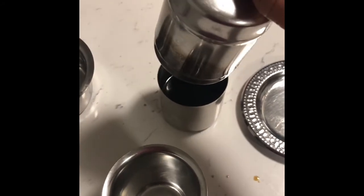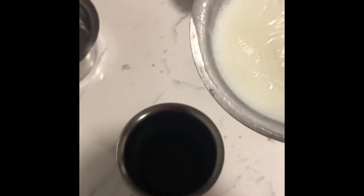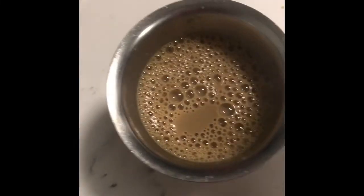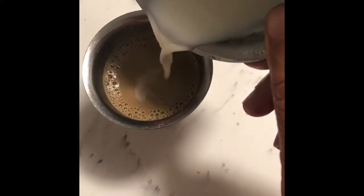The best way to make a coffee is to pour how much ever decoction you need in a cup. Then add milk so that you know where to stop depending on what color of coffee you like. So I need something like this. Some people like it thick, some people like it little lighter. I like it something like this, so I'm going to stop right here,